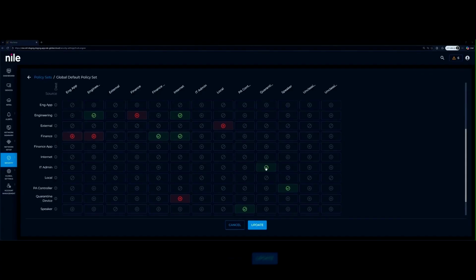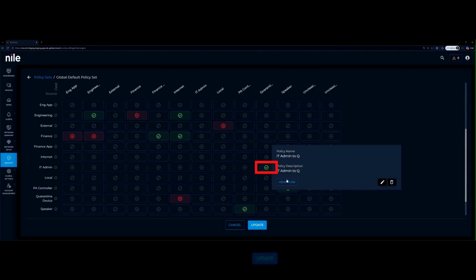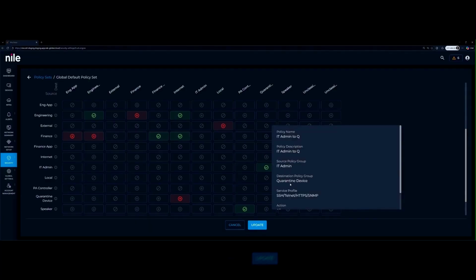In the policy matrix, admins can reach quarantine based on the IT admin IDP group and only via approved admin protocols. Unlike VLAN-based quarantines, Nile's quarantine policy group is not a shared pen where bad actors or malware can propagate laterally. With Nile's Zero Trust fabric, devices in quarantine are isolated from each other, eliminating lateral propagation amongst quarantined devices. After remediation, in this case fixing the corporate credential, the device can be revalidated and moved out of quarantine, again